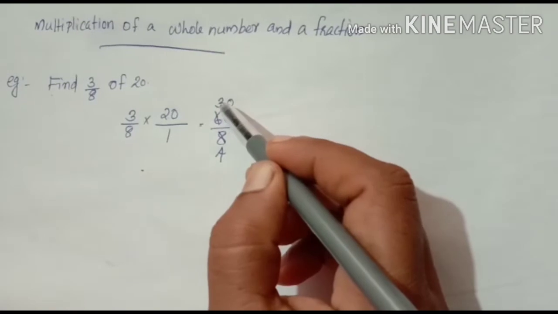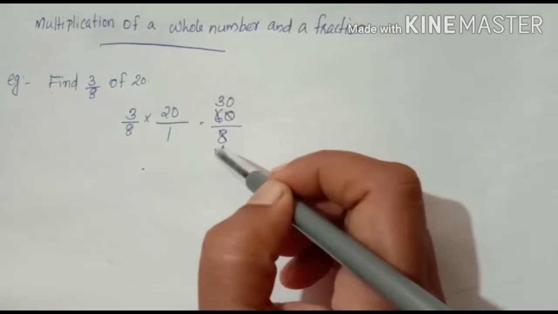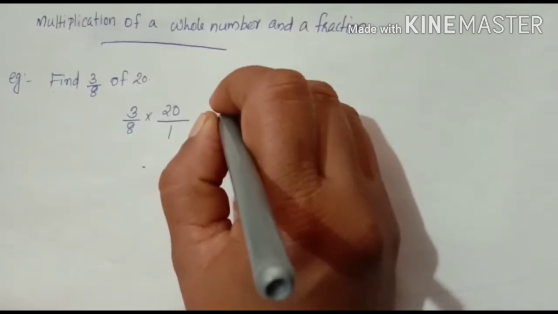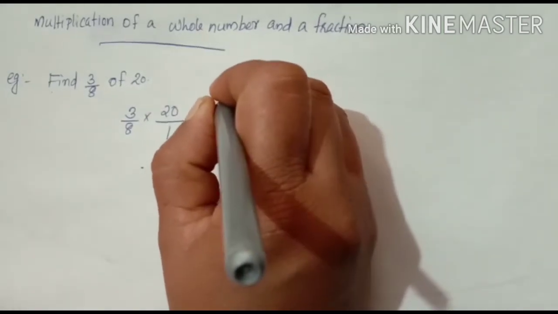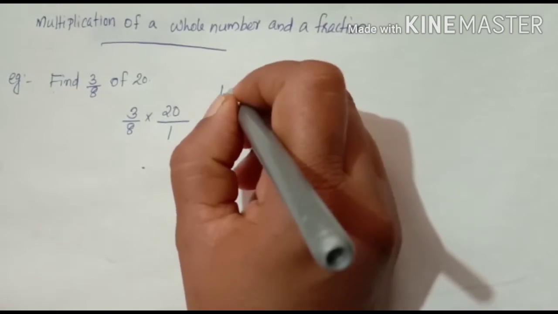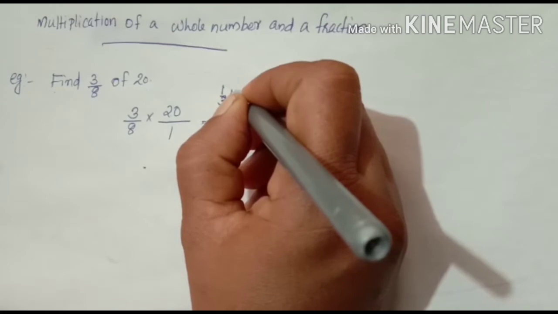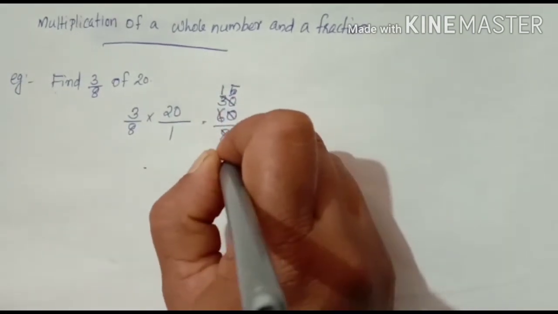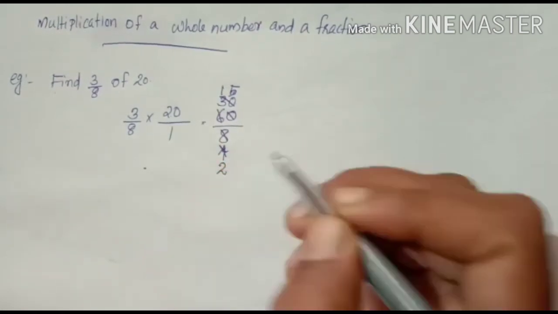Again here 30 and 4. 30 and 4 are even numbers. We can divide both sides by 2. In 3, how many 2's are there? 1 time. 1 2 is 2. 1 carry over, so this 0 becomes 10. In 10, how many? 5 2's are 10. So 15. Here 2 2's are 4. 2 times 2's are there.